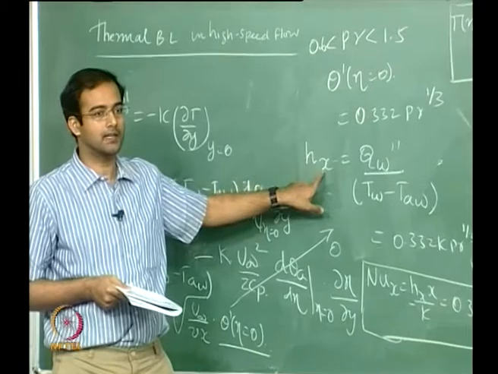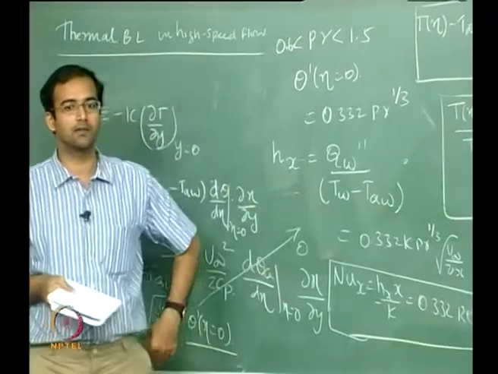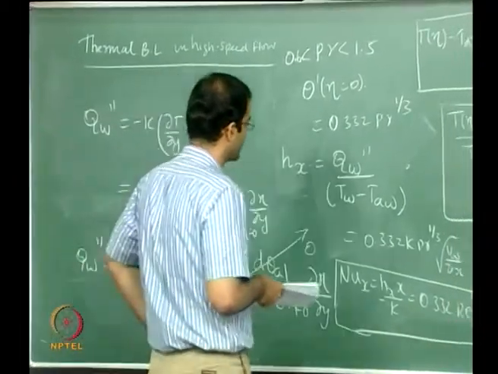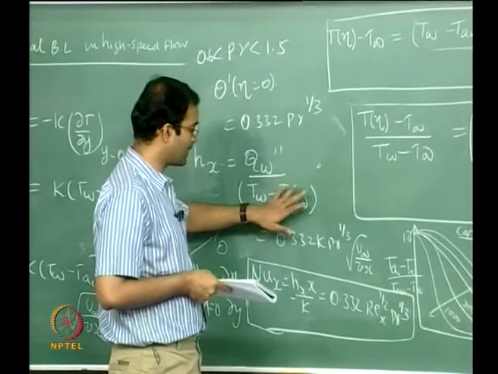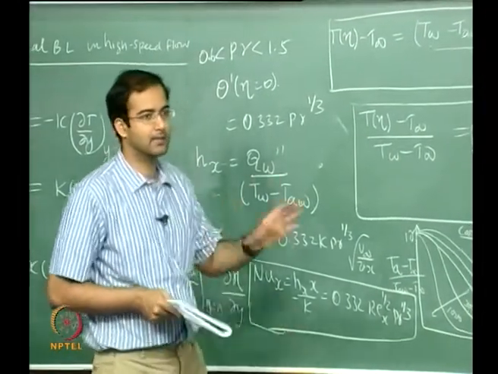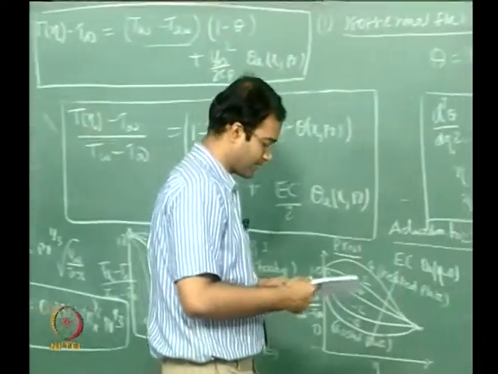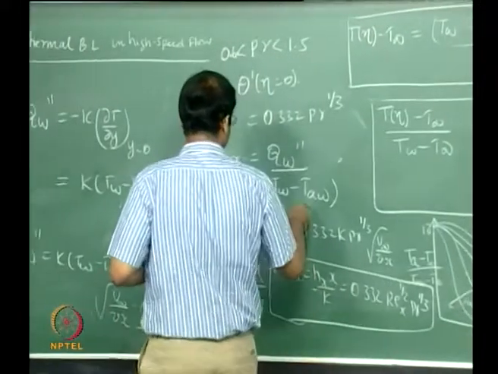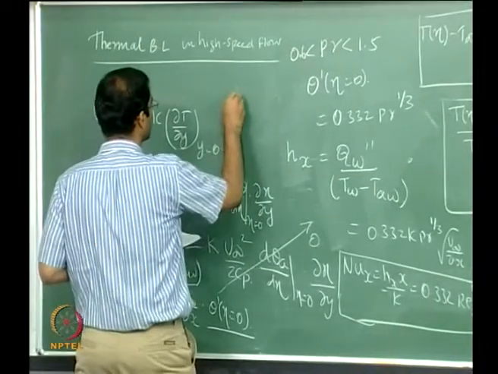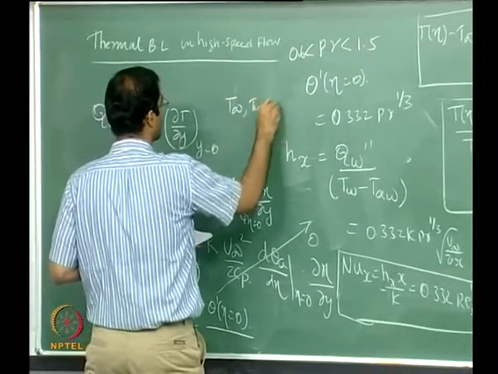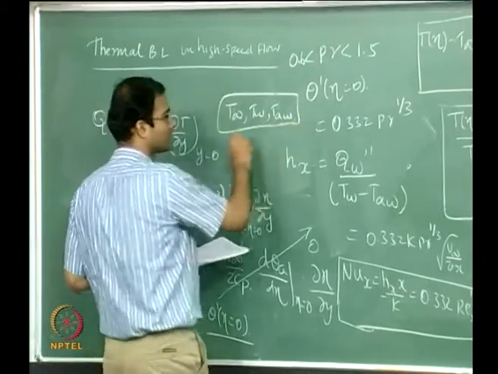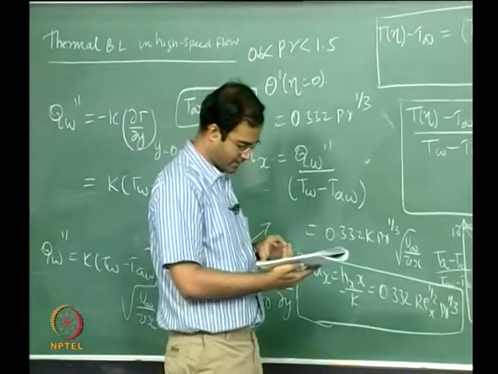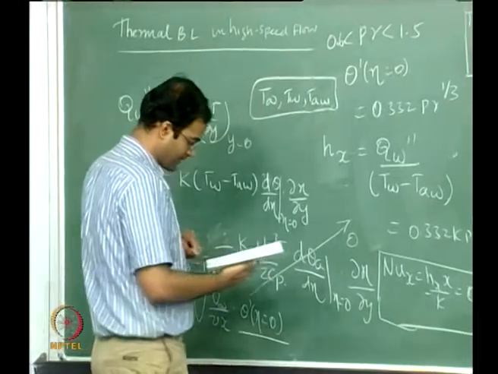Okay, now you are defining this as T wall minus T adiabatic wall, not T wall minus T infinity. Okay, now this is the difference between the high speed flows and if you neglect the viscous dissipation. Okay, apart from this, the final expression for Nusselt number is still the same. Alright, so the important conclusion here is that for non-dimensionalizing, okay, there are many temperatures. You have now T infinity, now you have T wall, you have T adiabatic wall. So all the three have to be considered some way. Okay, and to define heat transfer coefficient you have defined based on T wall minus T infinity. Okay, so everything is fine.